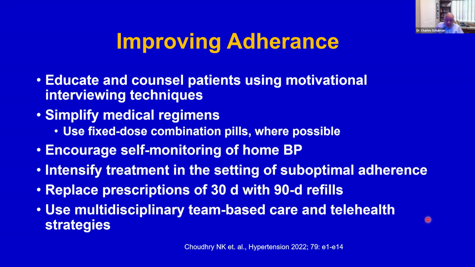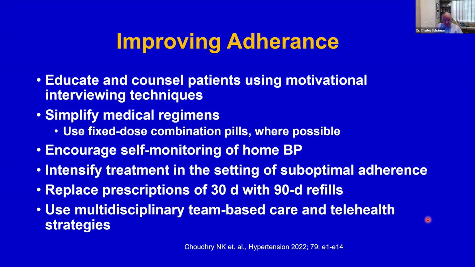Our clinic had a blood pressure program because we weren't meeting some of the HEDIS guidelines. And the program consisted of having the medical assistants who had treated the patient: